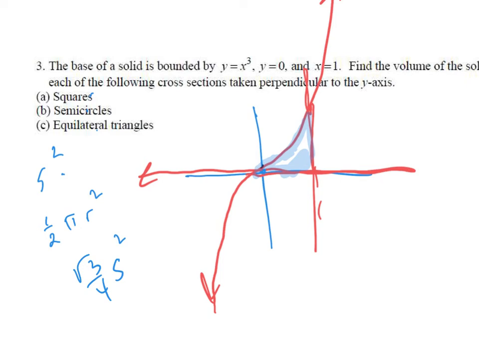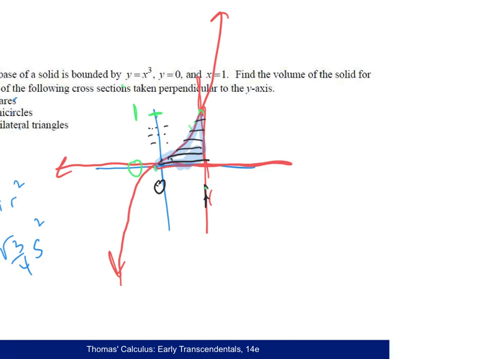They're going this way, perpendicular this way, perpendicular to this axis. See that? Oh yeah, this was 0 to 1, but that's the x numbers. What are the y numbers? Okay, the y is still 0. And the y of this number, oh, how ironic. If you plug 1 into x cubed, you still get y equal to 1. Okay, it's the same problem except for